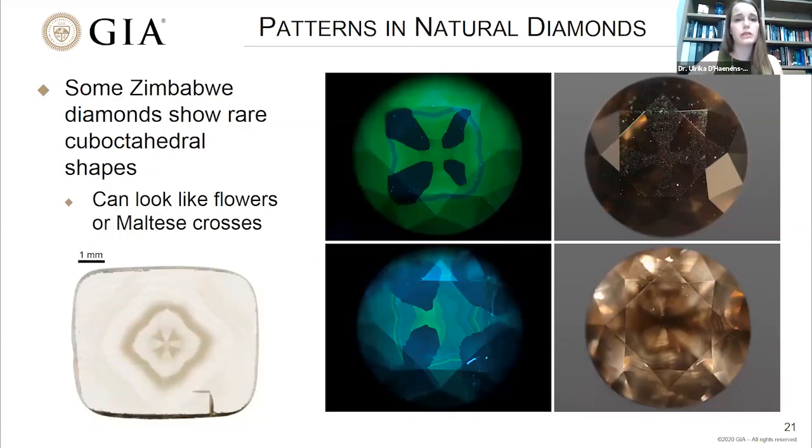There are other patterns that we can observe as well, much more rarely. Some Zimbabwe diamonds, which typically have this sort of green, olivey, browny color, can show very rare cube-octahedral shapes. It's a combination of the octahedral shape and a cubic growth habit. Usually what you end up seeing looks a little bit like a cross, or maybe something more flowery. And not just these minute atomic impurities are incorporated differently in the different growth zones, but